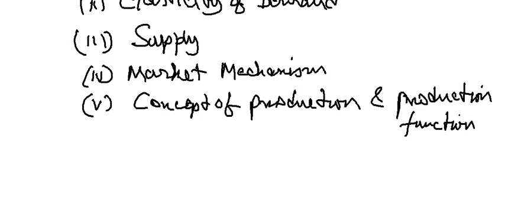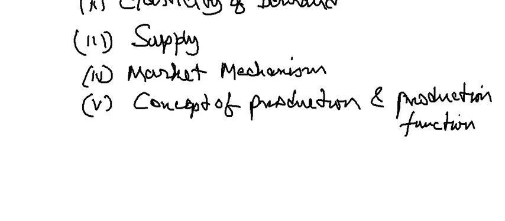These are functions, means there's some kind of mathematical aspect to it, some kind of calculation which is involved here. You have to also study returns to a factor, returns to a scale, and just the meaning. You have to know average and marginal physical products. And next thing you have to study here is law of variable proportions and its three stages.